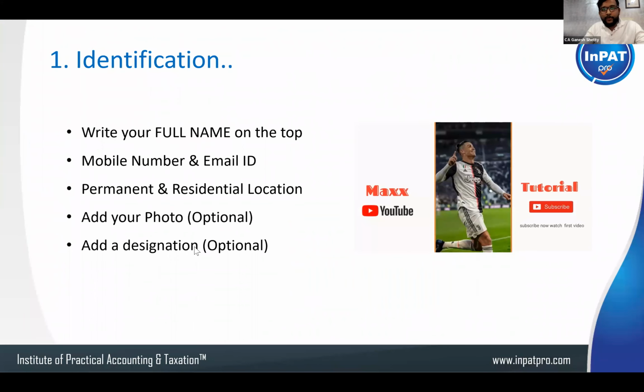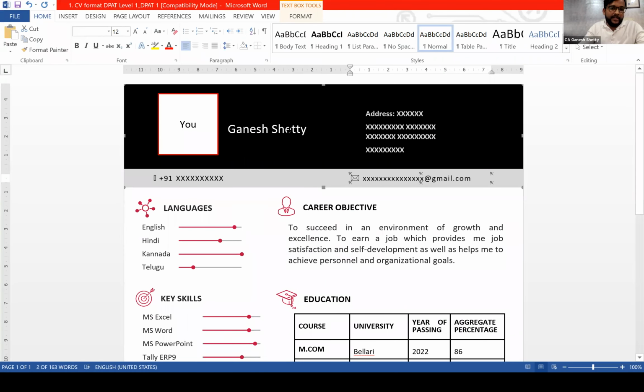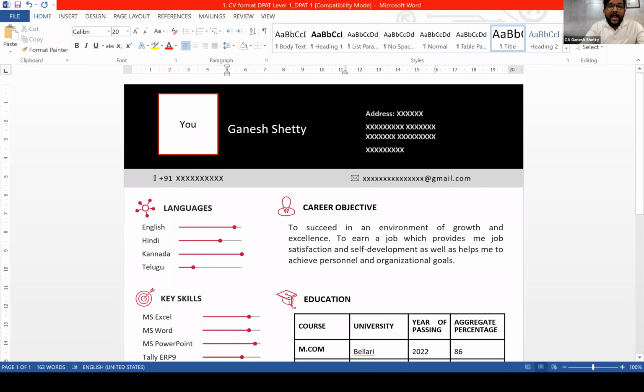Designation. Yeah, one point I want to highlight. Designation is something different which you can always add. So in this CV, I have written my name, and I also wanted to write as an accountant. This is not banned, by the way. You can write it. It's optional, and the font size should be smaller than this.